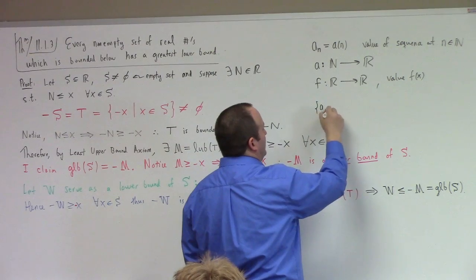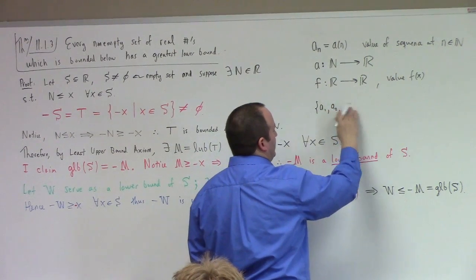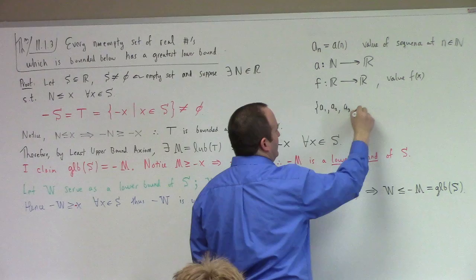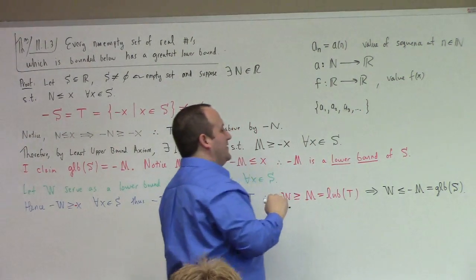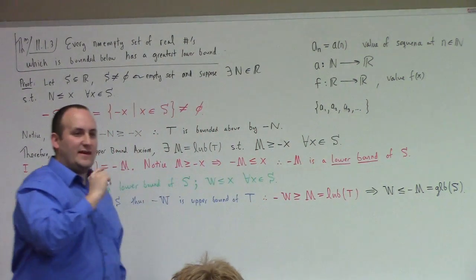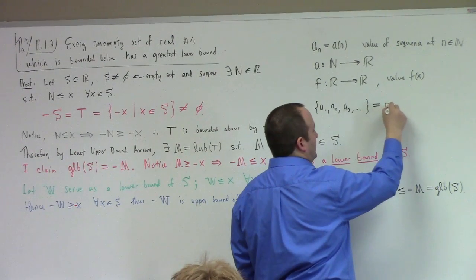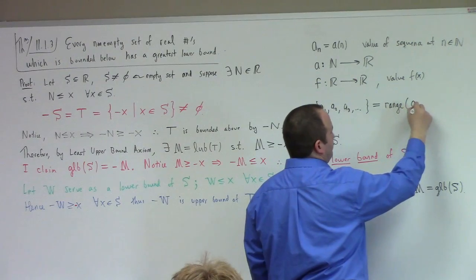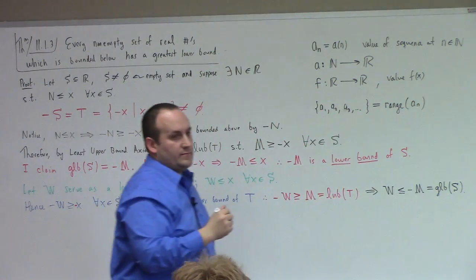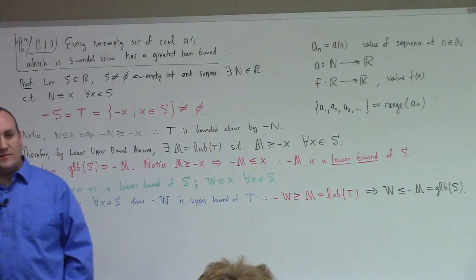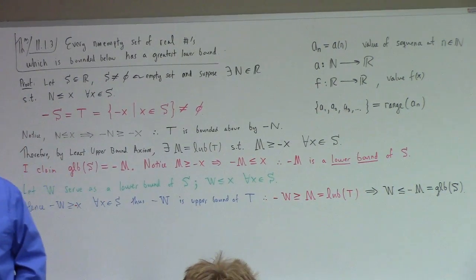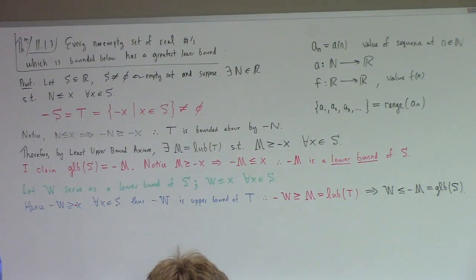This, a1, a2, and so forth and so on, forever and ever, I would say it's better to say that that's not the sequence. I think a better description of this, you know what this is? This is the range of the sequence. Now, the range of the sequence is a set. It is a non-empty set of real numbers. So if the range is a non-empty set of real numbers, if it's bounded above or below,